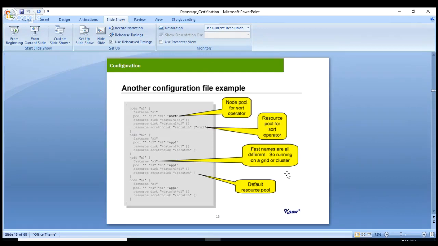Okay, so you can assign it to any of the nodes separately. If you want to run it sequentially, you can assign it to the sort node pool because that contains only one node. Now this is a 4-degree